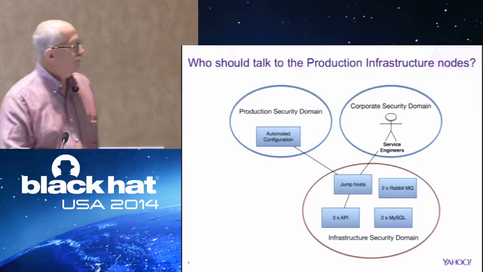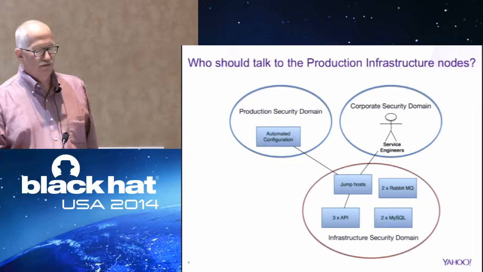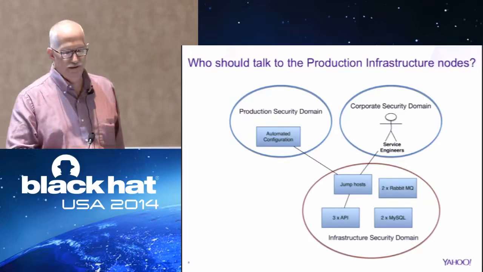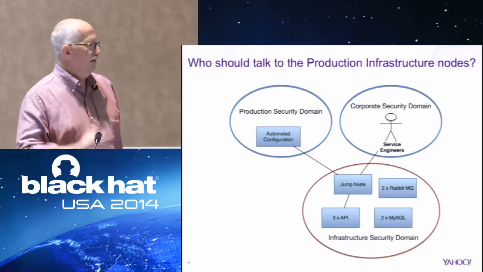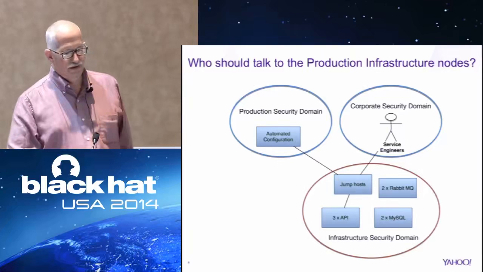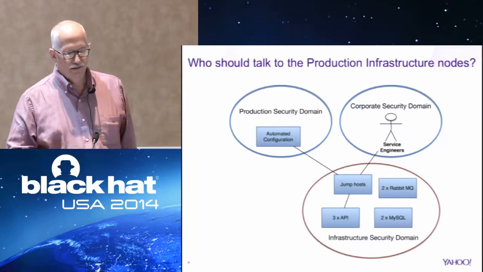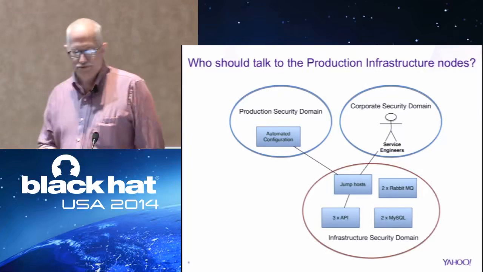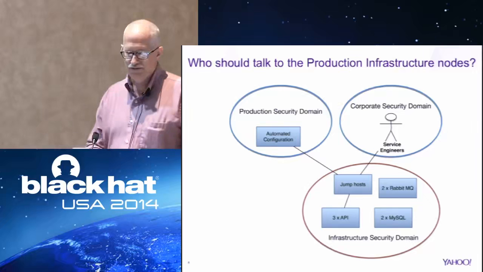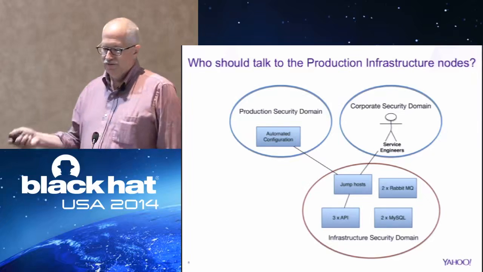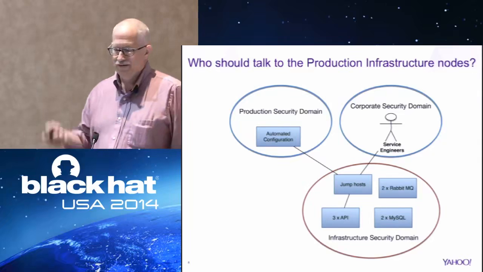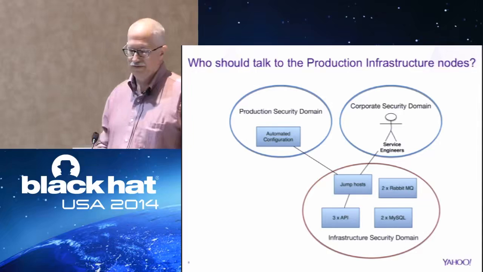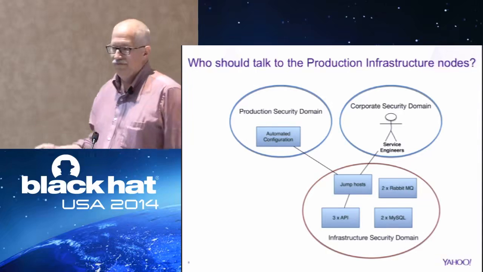Now, production is different. Production systems deal with user data, so we restrict how and who can manage VMs here. VMs tend to be created as part of an automated process, so automation needs to be able to talk to the nodes. Service engineers need to manage the cluster, so we limit who has accounts on the jump host to just those service engineers. And the infrastructure nodes are isolated from the rest of production and, of course, from the corporate network using VLANs in the case of level 2 networks. And jump hosts provide the only access.